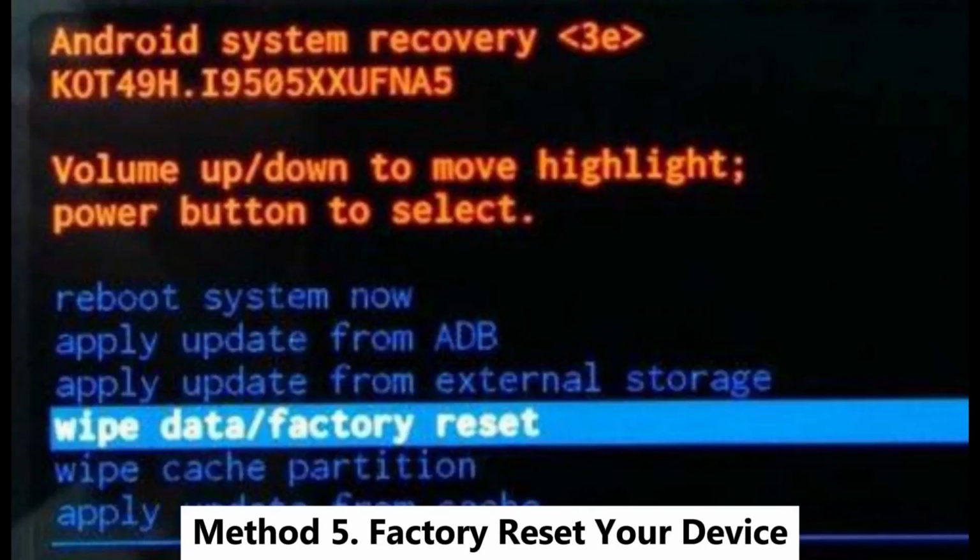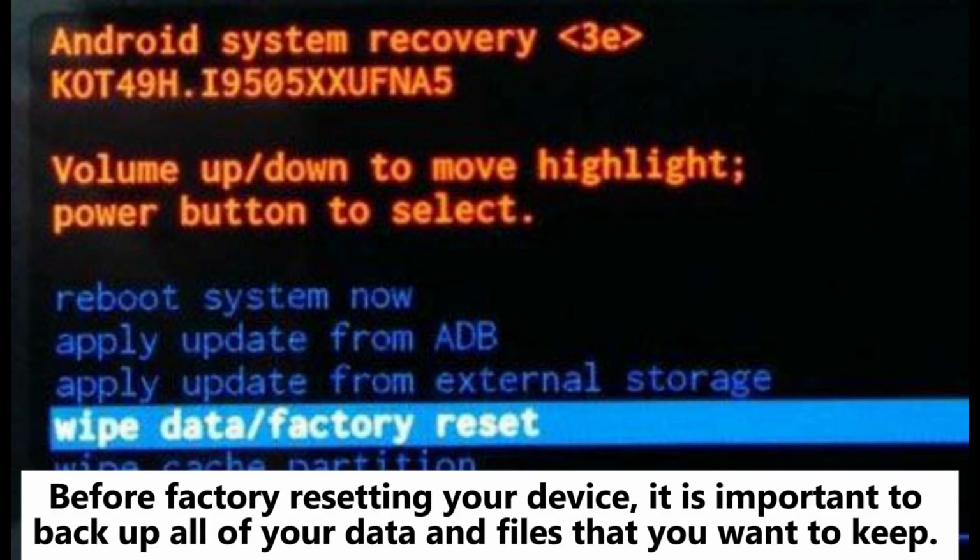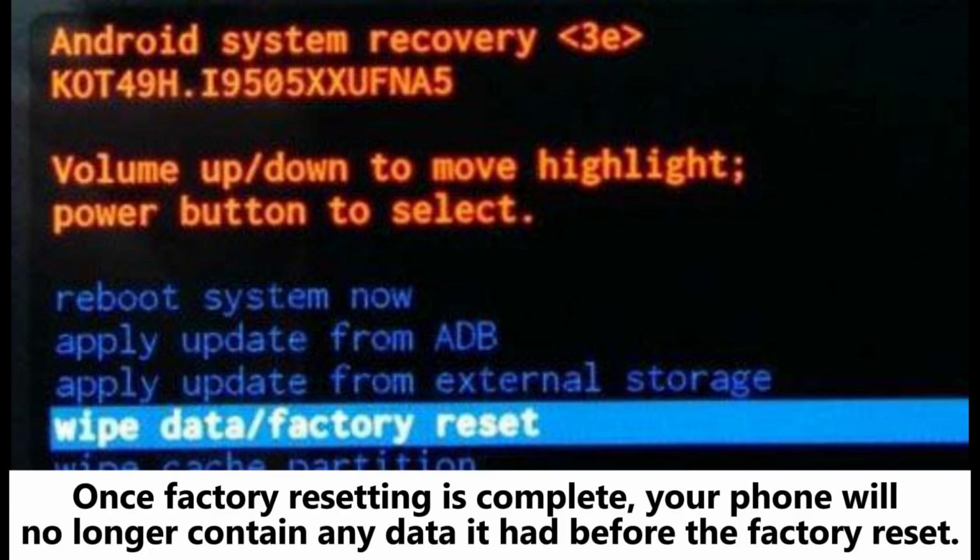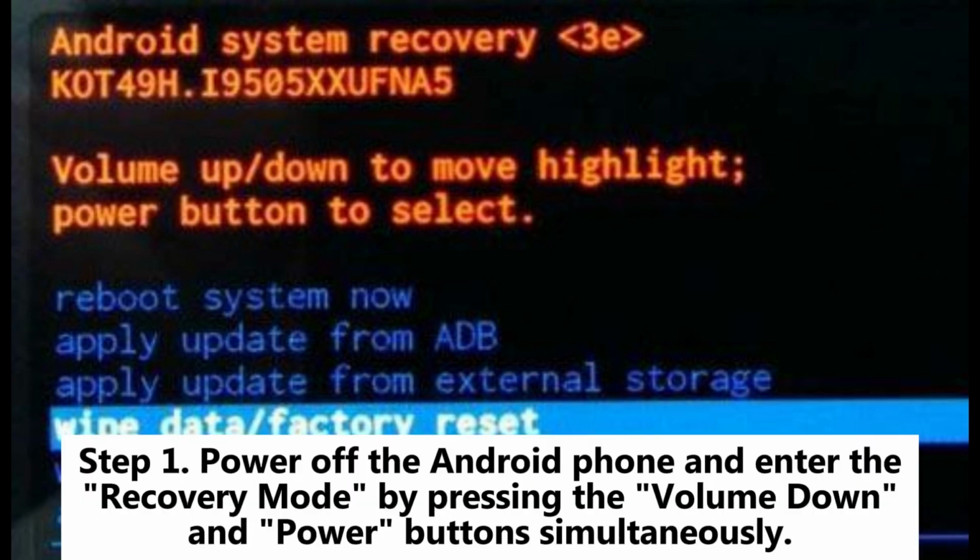Method 5. Factory reset your device. Before factory resetting your device, it is important to back up all of your data and files that you want to keep. Once factory resetting is complete, your phone will no longer contain any data it had before the factory reset. Step 1. Power off the Android phone and enter the recovery mode by pressing the volume down and power